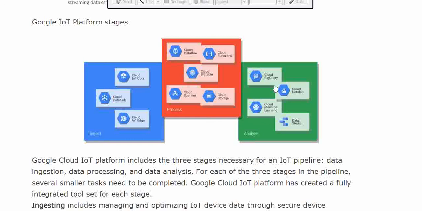InfluxDB can also be used with Cloud BigQuery, which works in a similar way to handle all these messages coming to the database, and then storage, and then using it for further analytics. So I hope this short demo will be helpful for knowing the bits and pieces of the IoT end-to-end ecosystem. Thanks.